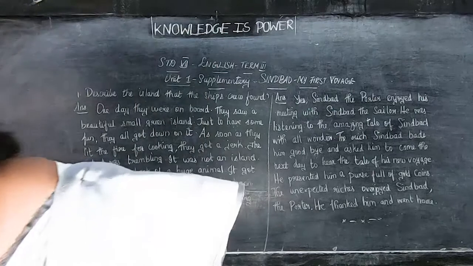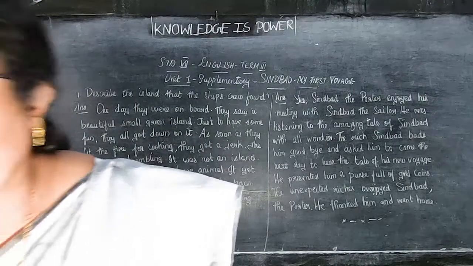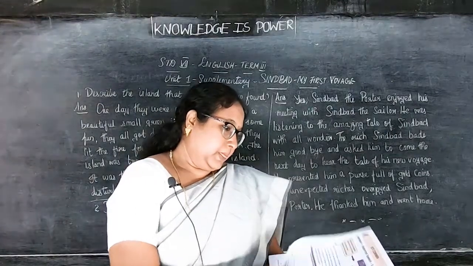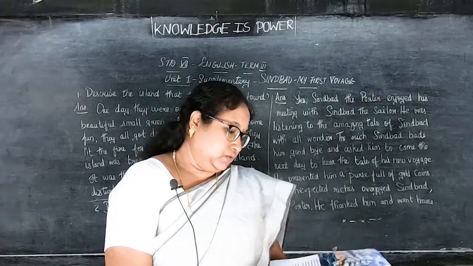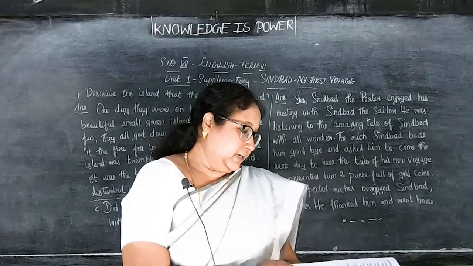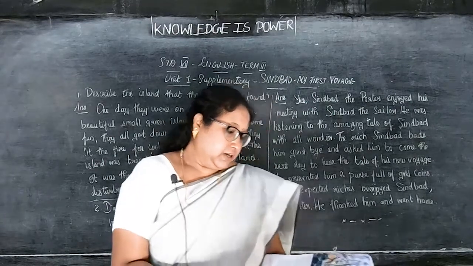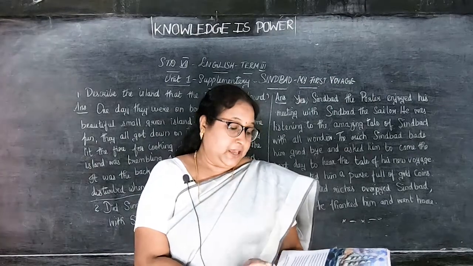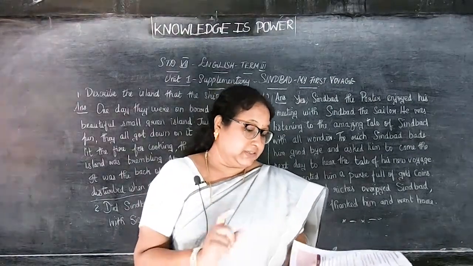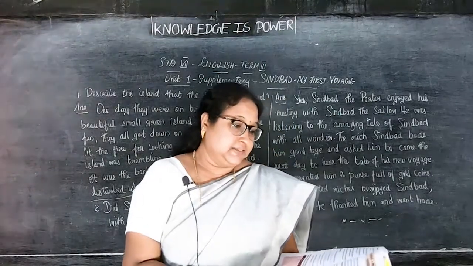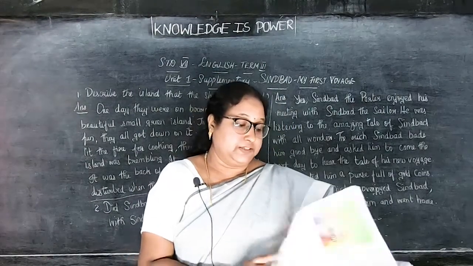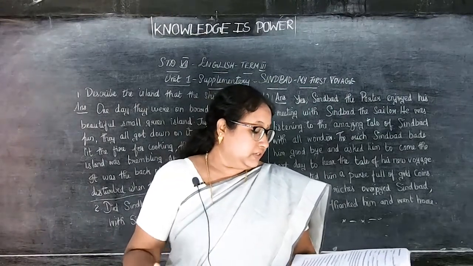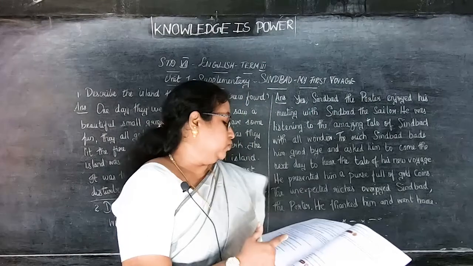So, the supplementary from this lesson we have completed from this unit 1. Okay, so already in this unit 1 we have completed a poem and the book back answer. So poem, this is a memory poem for you children. Okay, and the book back also completed in the previous class, and now we have completed in this class the supplementary. Okay, Sindbad, my first voyage. So page number 99, mark the following. Page number 100, choose and read the passage and rearrange, and these two question answers. So with this we are